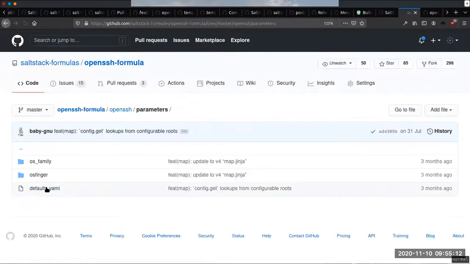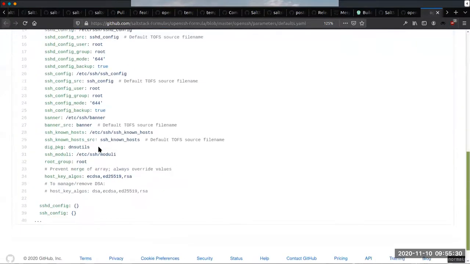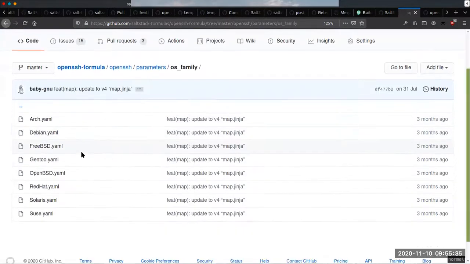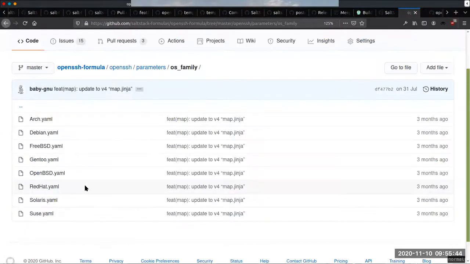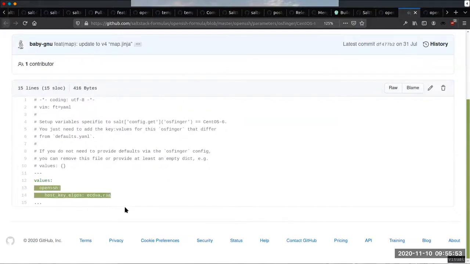So what you have here is the parameters that are being suggested. This is the one that's formula provided, but it can be overridden by the user at their end using their own routes. So they don't have to rely upon the ones we're giving them. So this is what's being used to form MapJinja. And at the very basic level, this is like the normal defaults file. So you set the defaults here across all platforms, and then you can specify by any layer of grain. So this is the OS families, and they have the specifics for the SSH formula here. Just anything that's specific to them, which will get merged in. And if we jump to the OS finger, if there's anything specific there, that can be added as well. So we have something slightly different there for